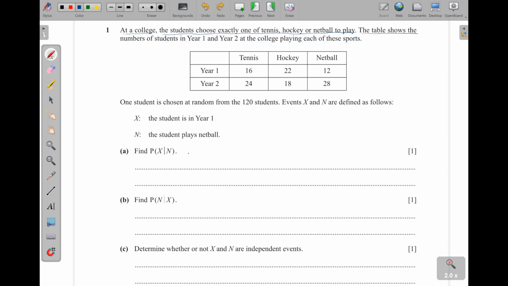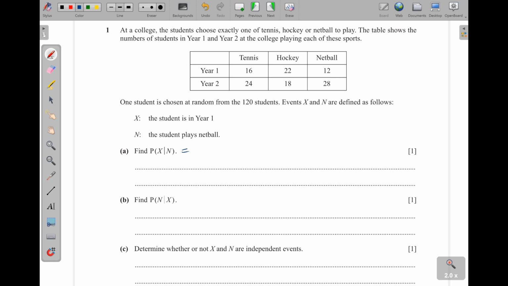Then we are told that one student is chosen at random from 120 students. Events X and N are defined as follows. X is for the student who is in year 1. N, the student plays netball. And then they are telling us to find the probability of X given N. Probability of X given N,